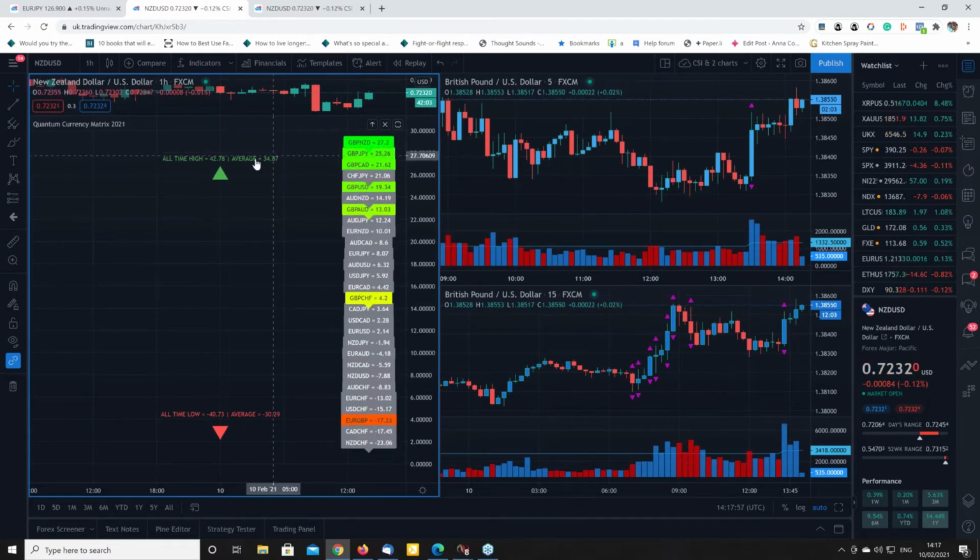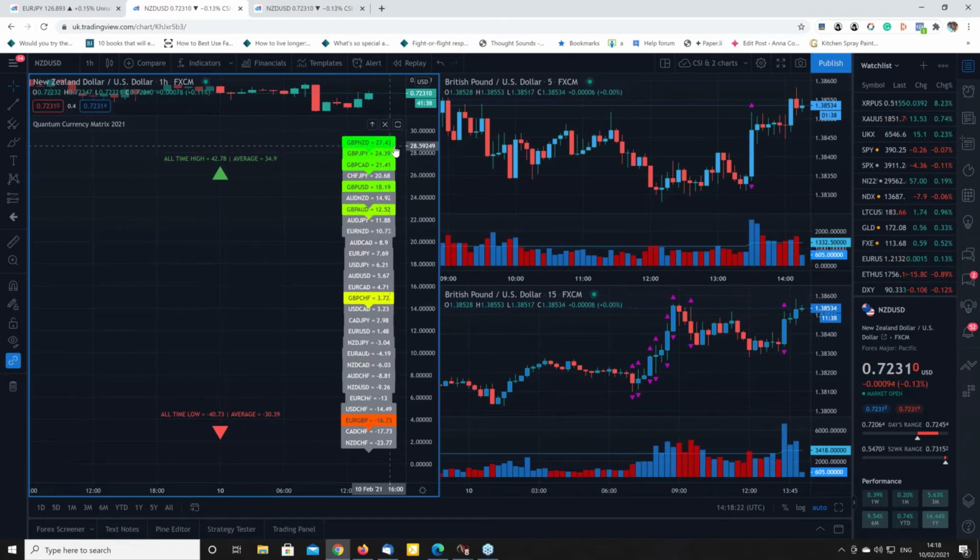And secondly, we're nowhere near the all-time high of 42.78. So in other words, whilst the currency pair is at the top of the ladder, it theoretically has some distance to go before it even gets to those sorts of extreme levels. And that's why we developed it, because it gives you a sense of this value, whether 26, 27, what does that mean in the context of